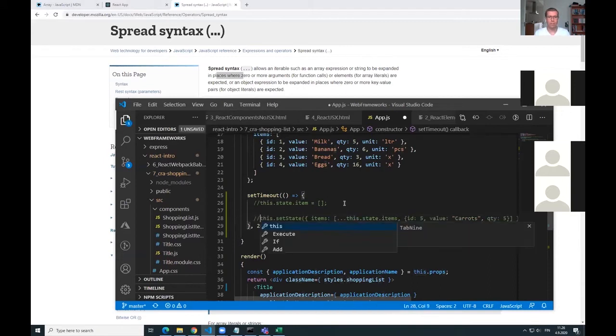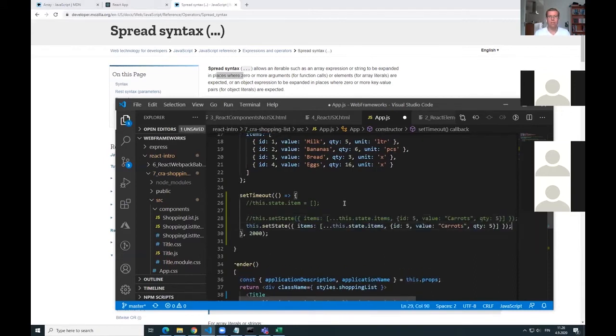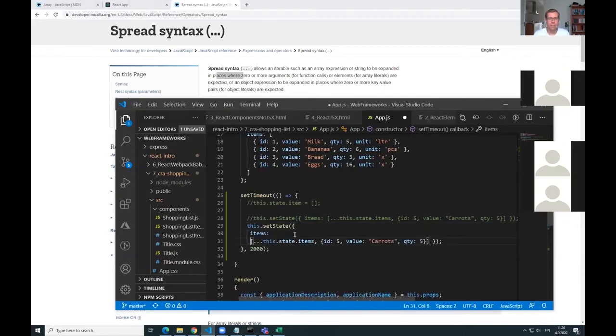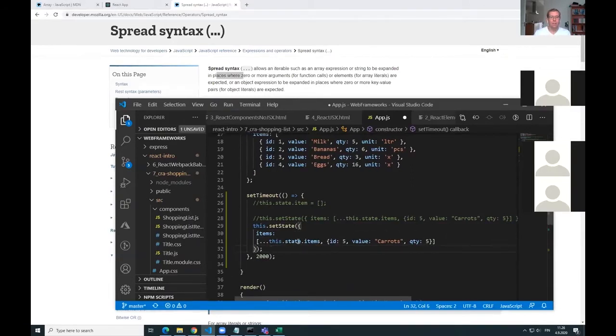Okay, I'm going to copy some enter here. So this spread operator is the same if we would do it like this, that we would have this.state.items first index,